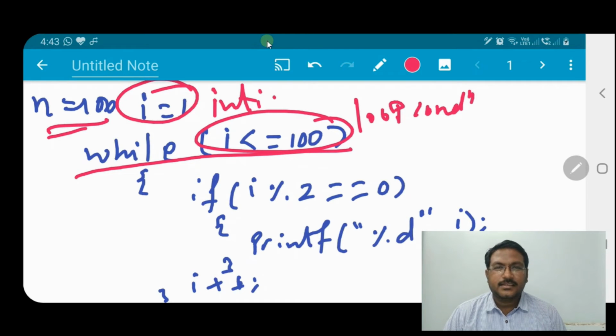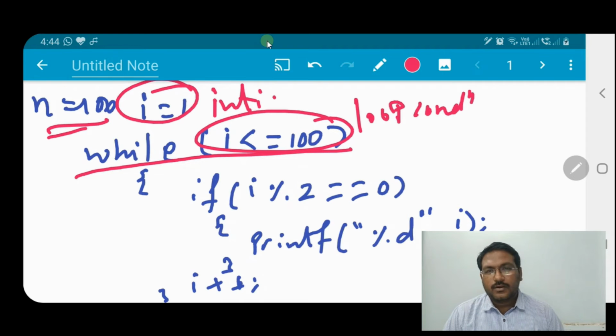Until n is greater than i, we can write that also, because n is equal to 100 and 100 is always greater than 1 to 99. There we can also have two conditions: one condition is i less than or equal to 100 and another condition is n greater than or equal to i. Fine. So for both conditions, the loop body will be same.